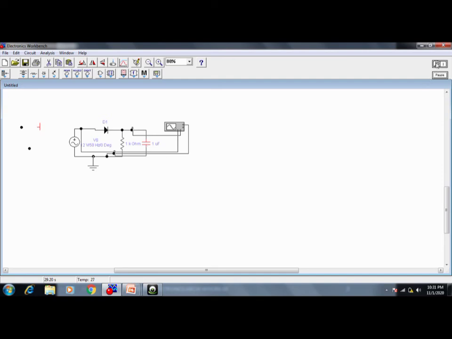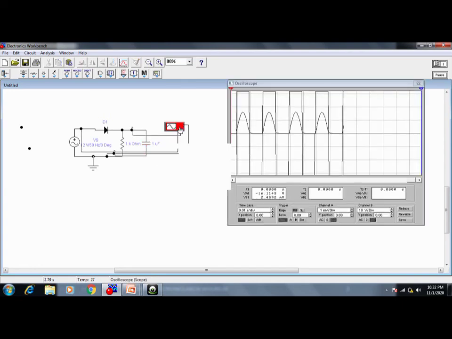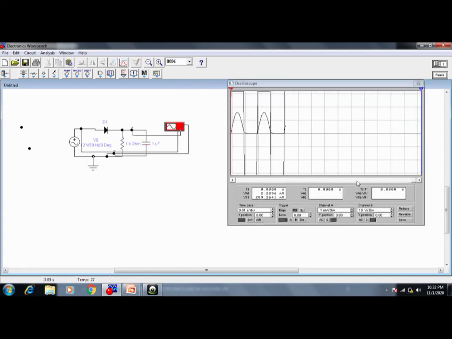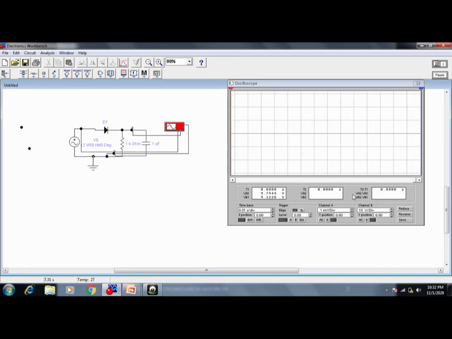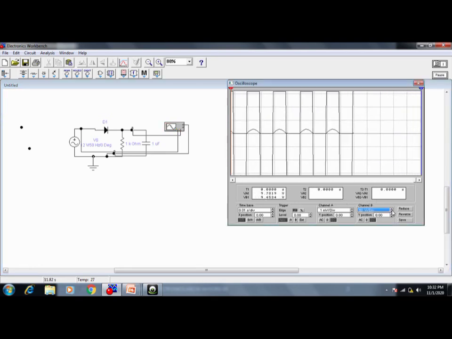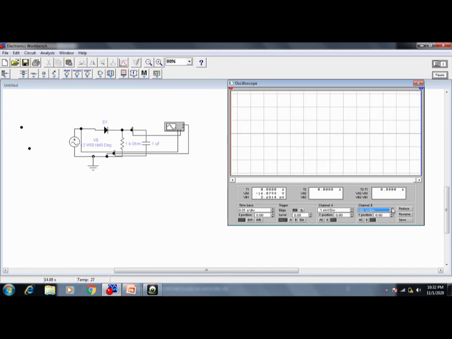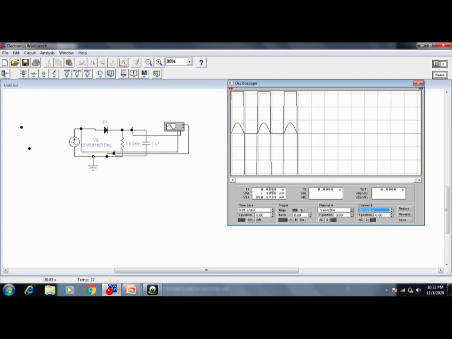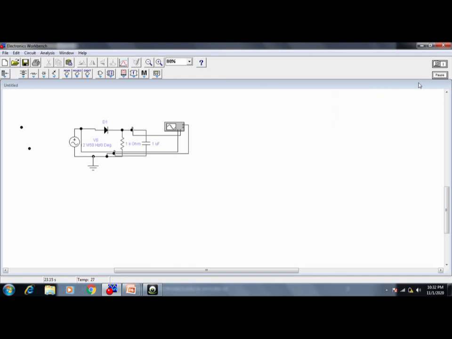Okay, so let us switch off and switch on and double click. Okay, here you are getting the waves, but you are not able to understand this. Wait, we'll simulate this once again, so we will see if it is properly correct. No, another thing you have to do here.